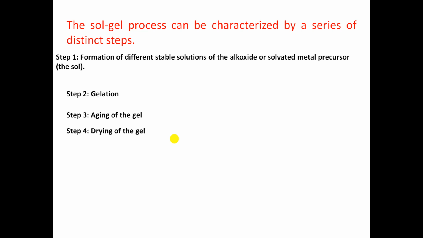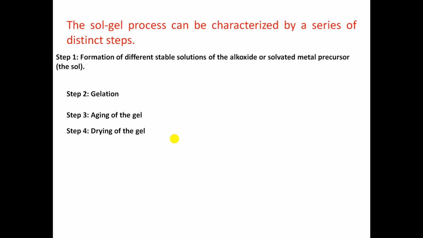The fourth step is drying of the gel, when water and other volatile liquids are removed from the gel network. This process is complicated due to the fundamental changes in the structure of the gel. The drying process has itself been broken into 4 distinct steps: constant rate period, critical point, first falling rate period, and second falling rate period.